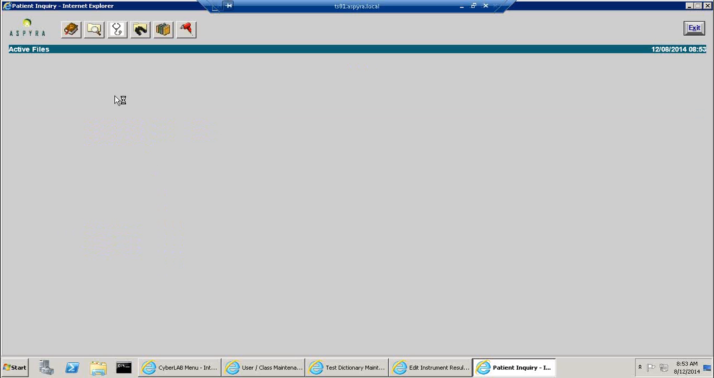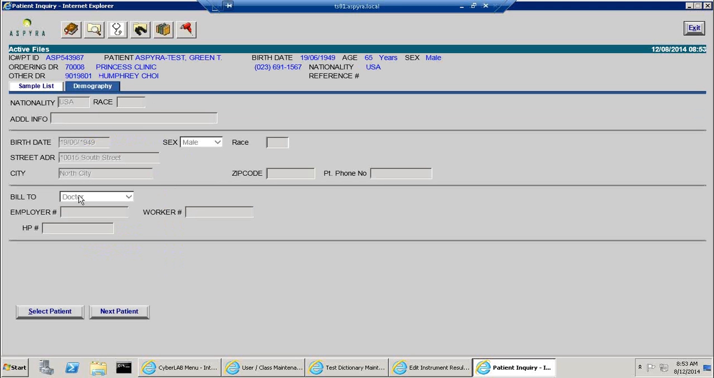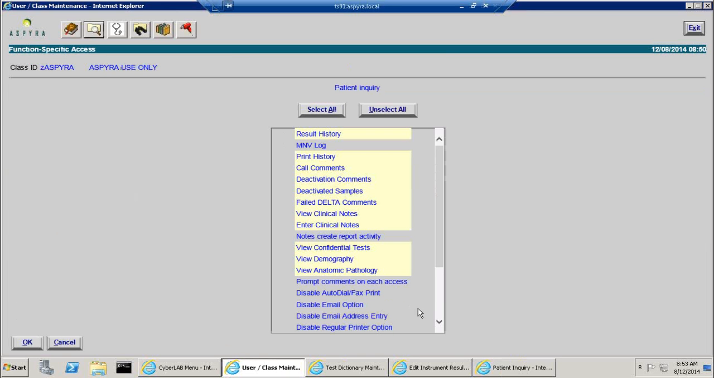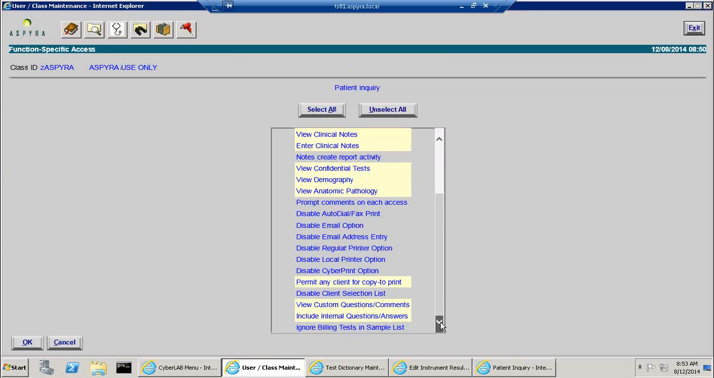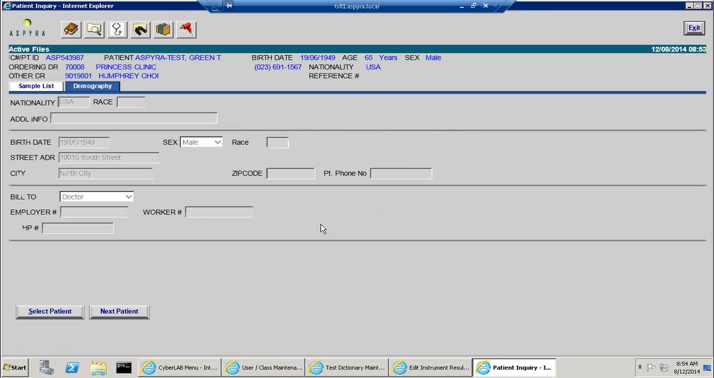It shows up in this screen, the information from the patient demographic file. Now these next ones here where it says disable, you'll notice there's disable fax, disable email address, disable regular printer, local printer, cyber printer. All of these things have to do with the options that you see in patient inquiry